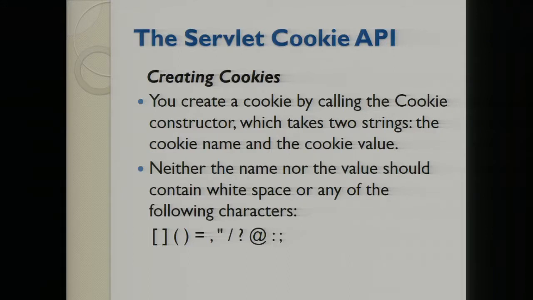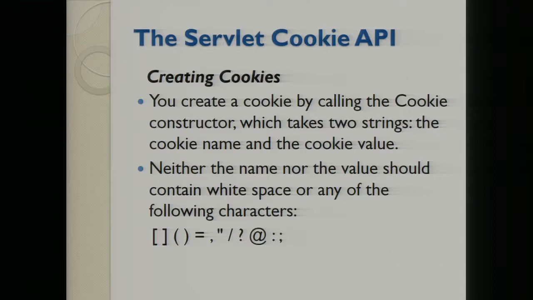Okay. So we have gone through the different constructors and methods which are helpful while creating and accessing cookies. Now, the servlet cookie API. What is this? This session explains creating a cookie, how you add the cookie to a response, the rules for creating cookies, and how you access the values from that particular cookie. First is creation of the cookie, adding it in the response, then accessing the cookie values.